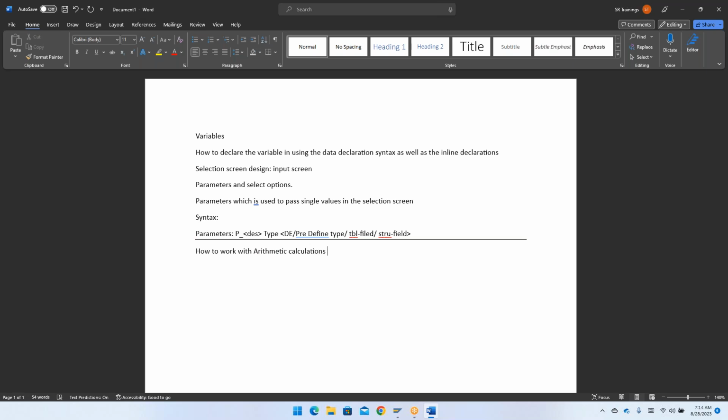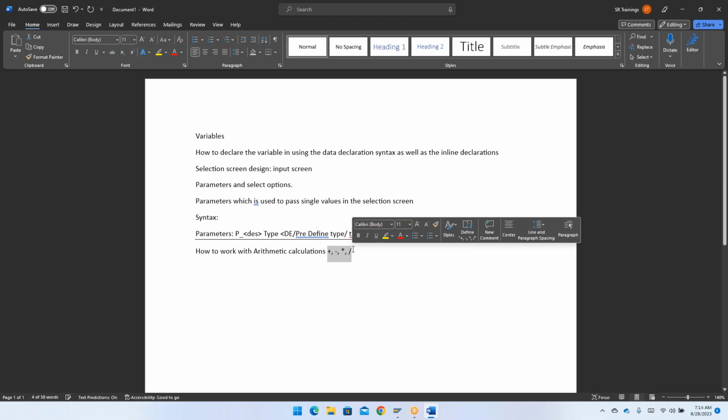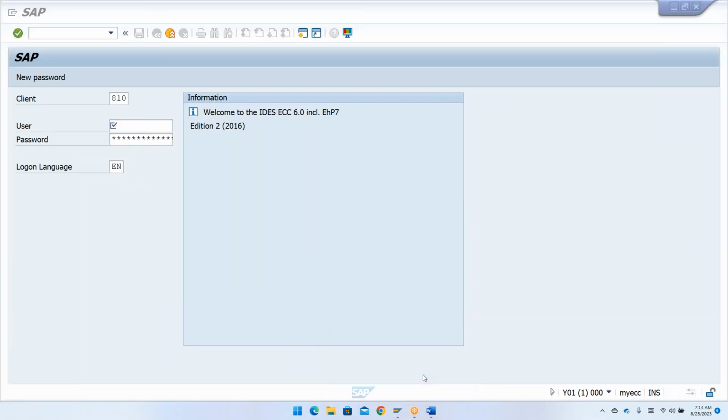So in SAP, it will support plus, so addition, subtraction, multiplication, as well as your division. Everything will be supported. So multiplication we will write as star, and the division. So everything will be supported with these things. Now, how to work with that? So you can work directly